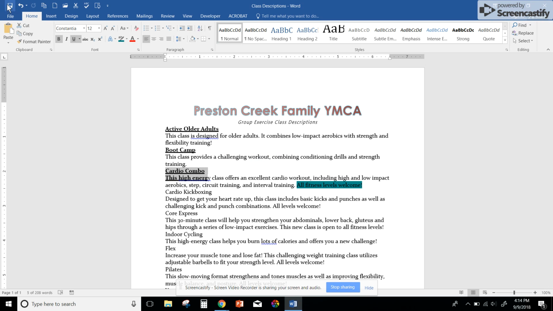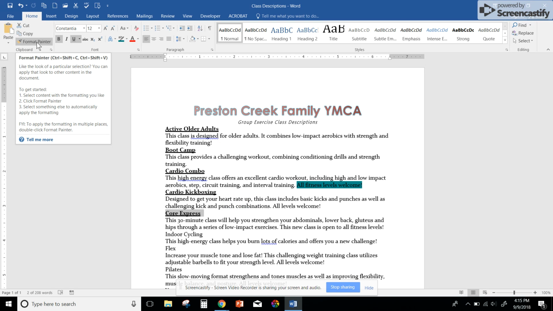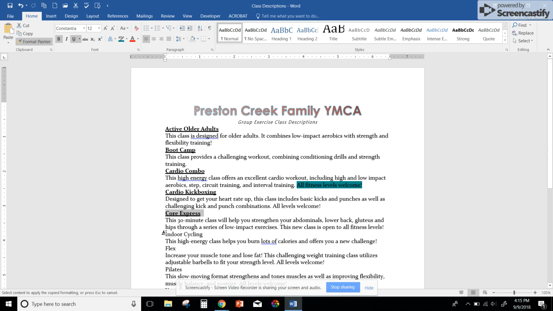And I need to undo because I accidentally selected some more text. So I'm going to go back and pick this up. Format Painter, Cardio Combo. We're going to click Format Painter, Cardio Kickboxing, Format Painter, Core Express, Format Painter, Indoor Cycling, Format Painter,